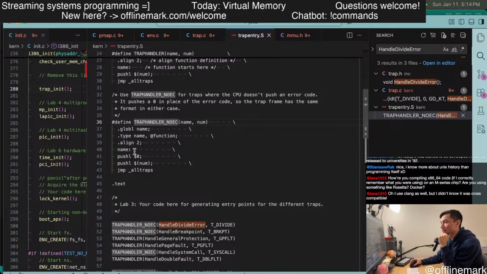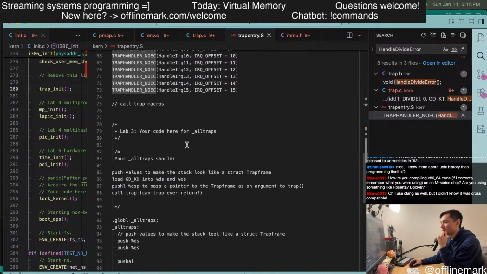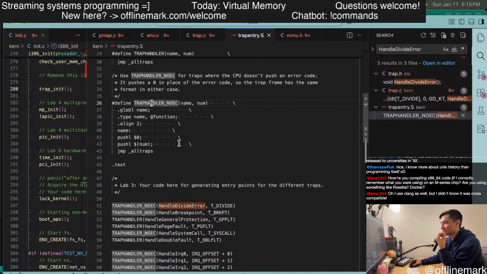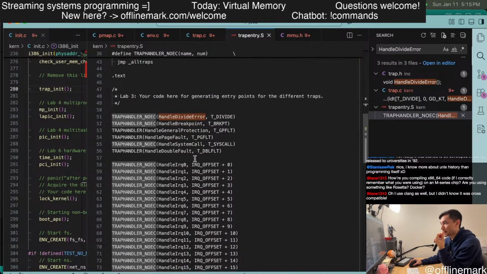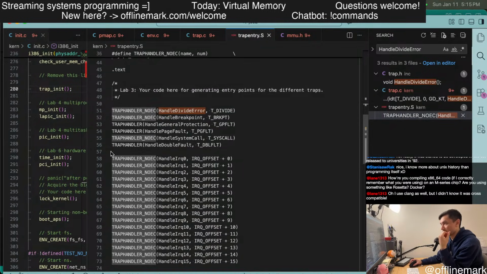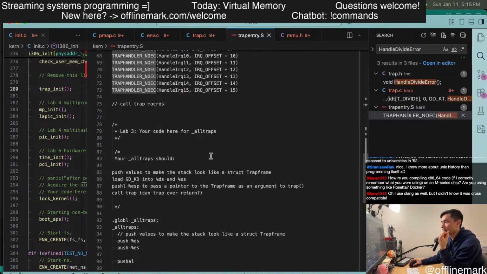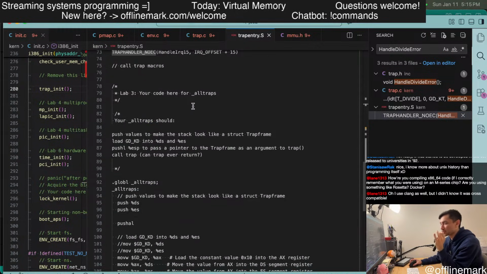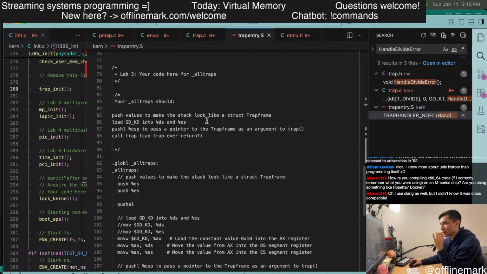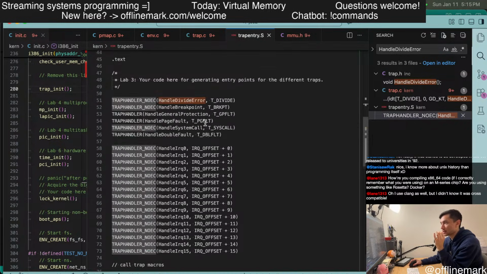Jump to all traps. We don't even need to do it in such a fancy way with the macros to start off. We can just hard code it for the moment, and then add the more fancy macros later, maybe. At an ultra minimum, I think we need